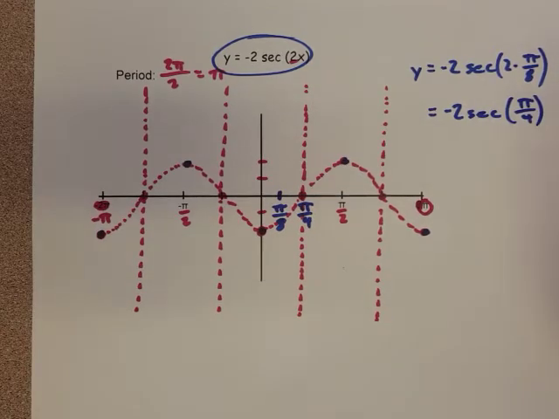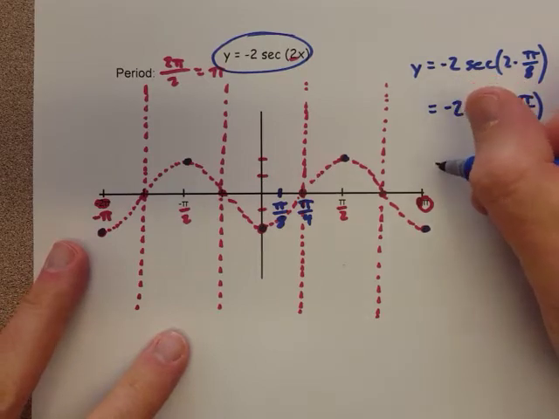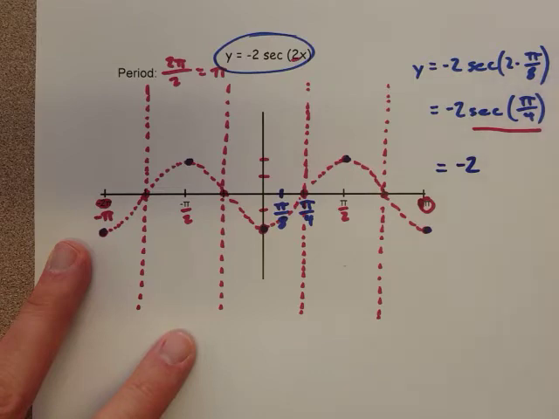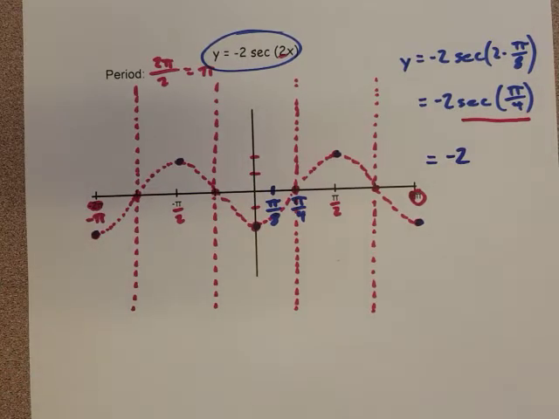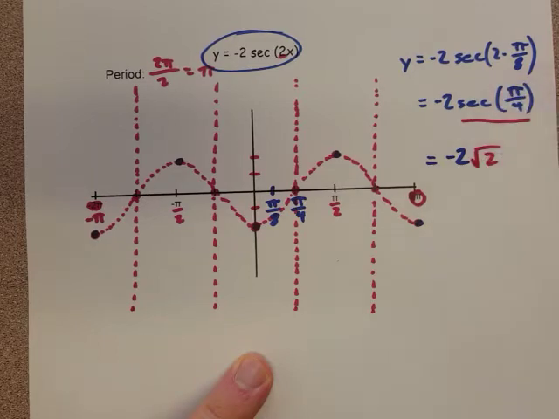If you watched the last examples, hopefully you remember that the secant of pi over 4 is square root of 2. I'm going to leave the negative 2 out in front, but then this part becomes just square root of 2. So we've got negative 2 square root of 2